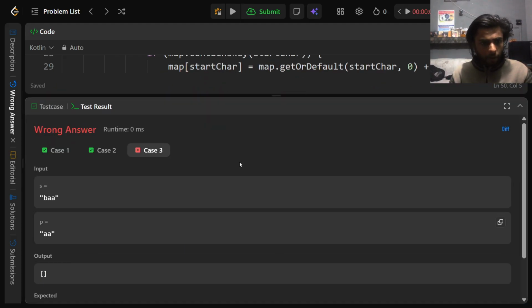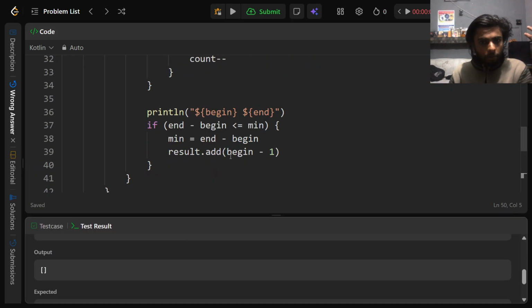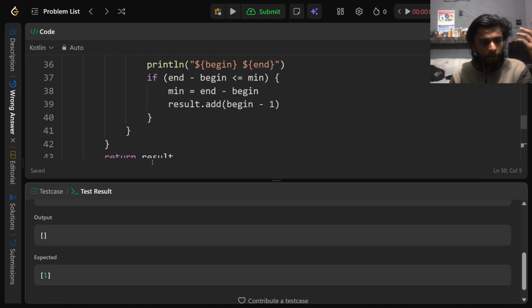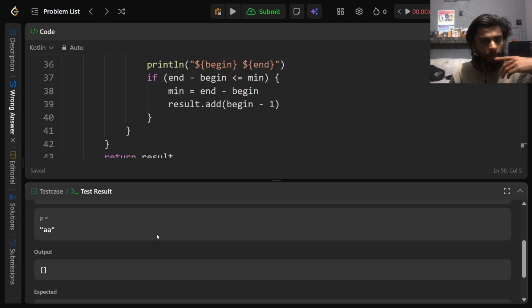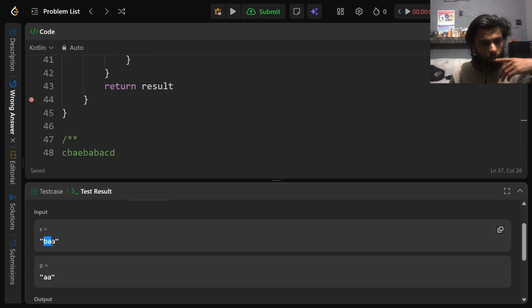Okay, let's see. The only reason this is not getting added into the result is because of this condition. Okay, so AA, we have two A's. When my, okay,